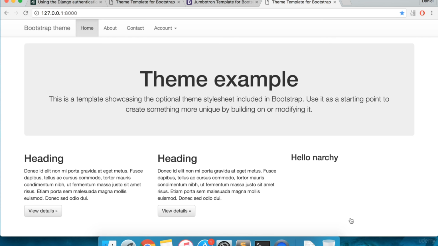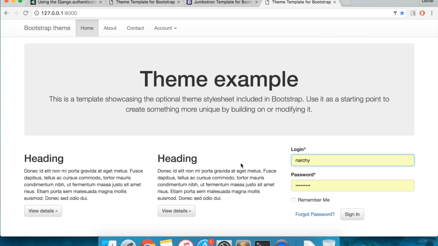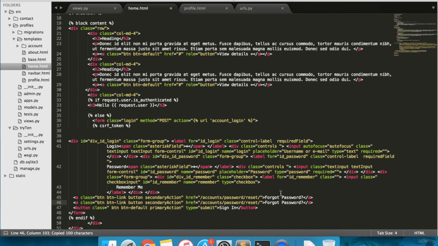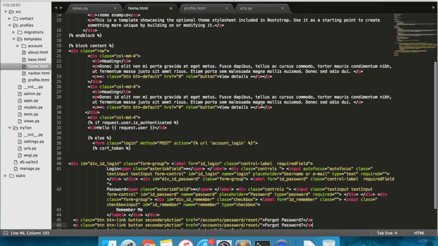I'm still on this page because I set up allauth to redirect successfully logged in users to the home page. You can go ahead and log out. And the sign up form is back. We want to put a sign up link next to the forgot password link. So open home.html, copy line 45 and paste it below on line 46. Then type URL account_signup and sign up